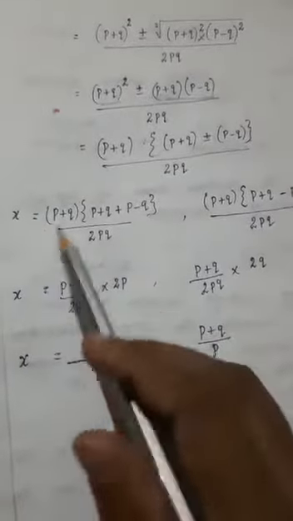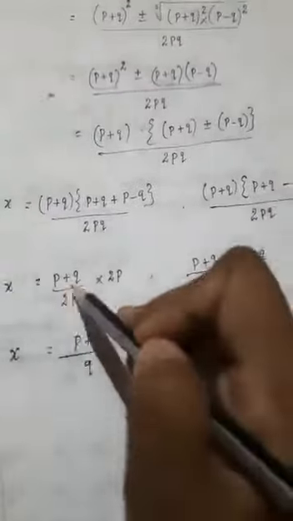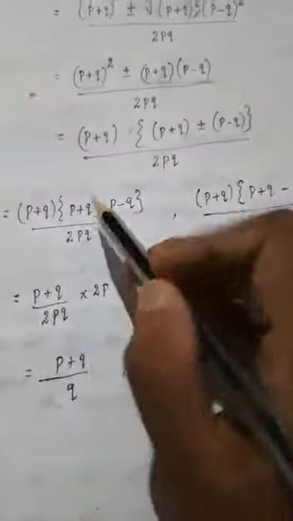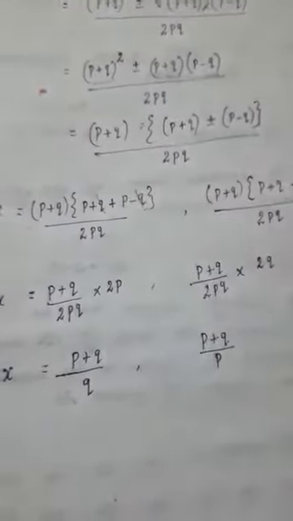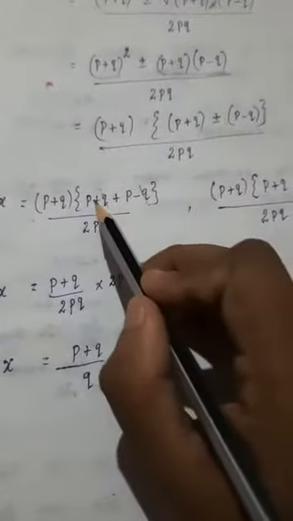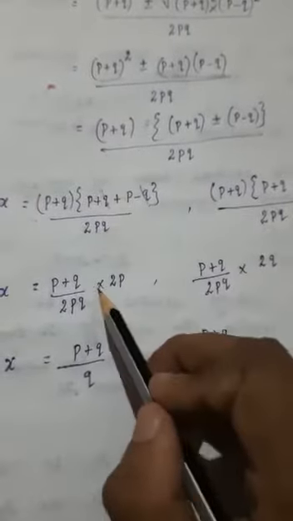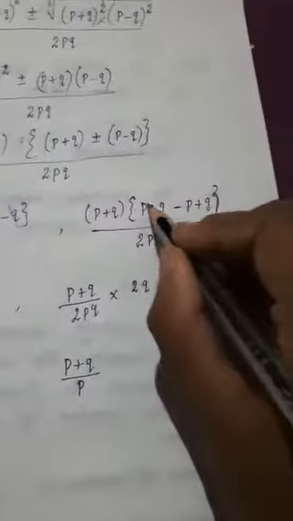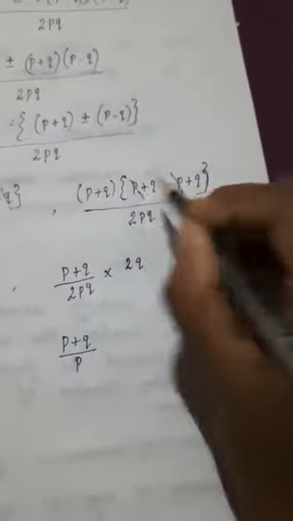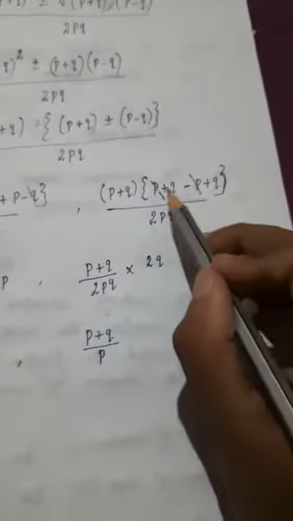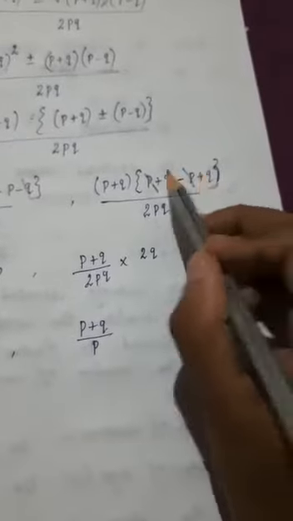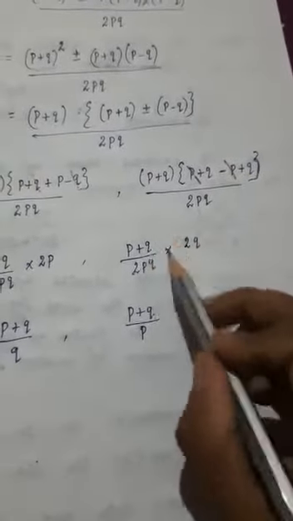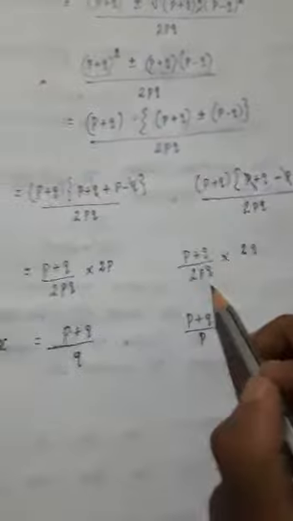So now you can simplify here. In this part you can cancel p plus q: plus q minus q you can cancel it. So after cancelling, the remaining part is 2 times p, so into 2p divided by 2pq. In this part also, 1 plus p, 1 minus p you can cancel it. So if you cancel both, the remaining thing is 1 q, here 1 q, totally 2q will come. So the remaining part p plus q divided by 2pq you can write.